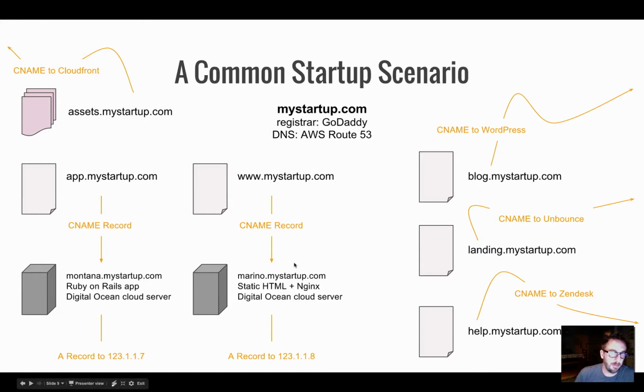And then I'm going to obviously set up my home page to be www. So I have that www as a CNAME to my Merino subdomain. So that's all set up. Well, I don't